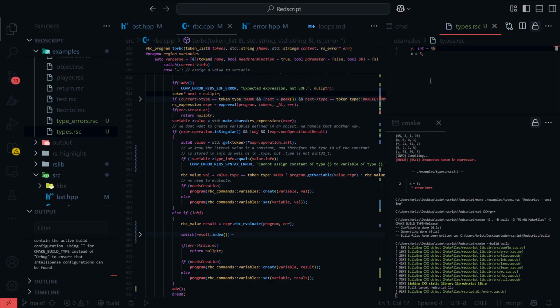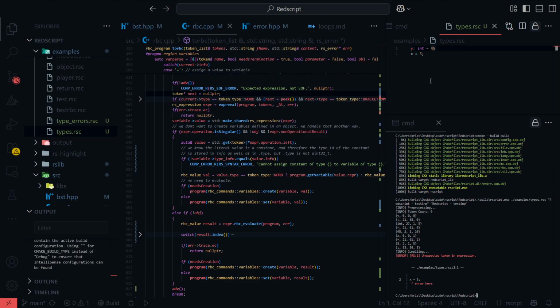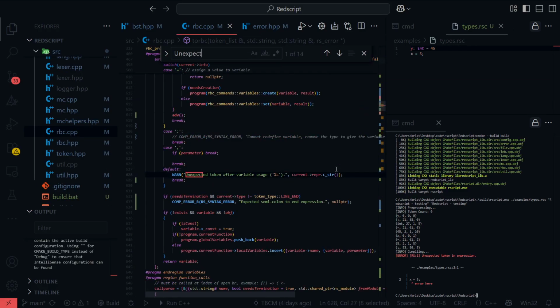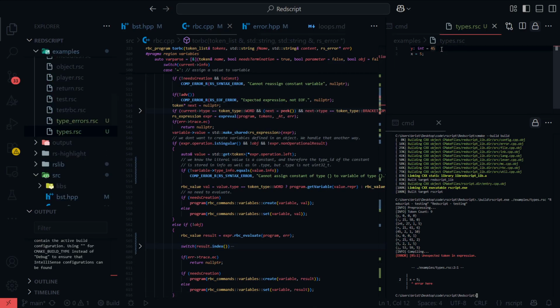There we go. Oh, the problem is it's... Oh. Wait, no, nothing is going wrong here. It says unexpected token and expression.